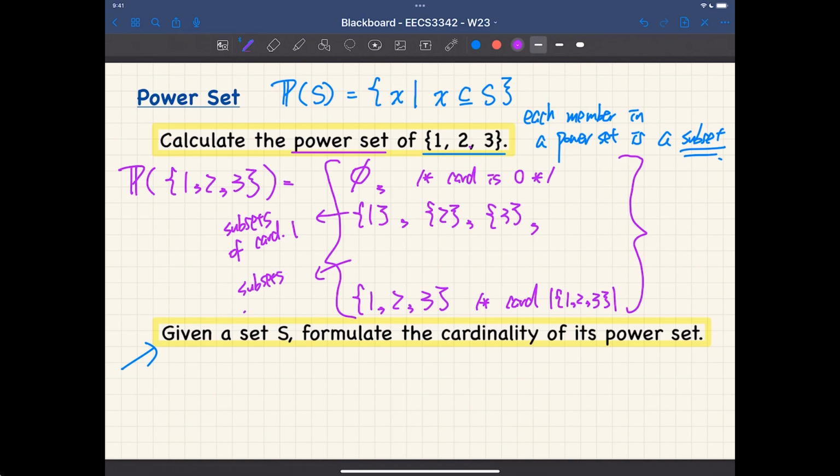Subsets of cardinality 2. So {1, 2}, {2, 3}, {1, 3}. Isn't that a fun exercise to do? Systematic. Okay, I do have about 5 or 6 minutes to make it general. Before I make it general,